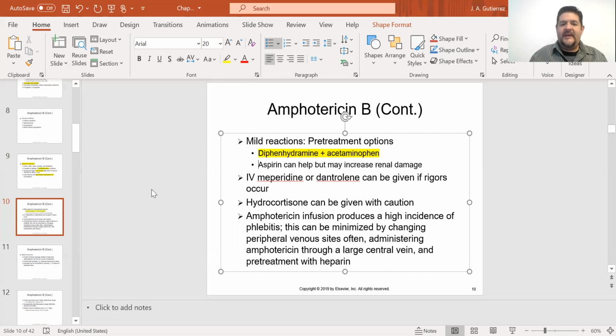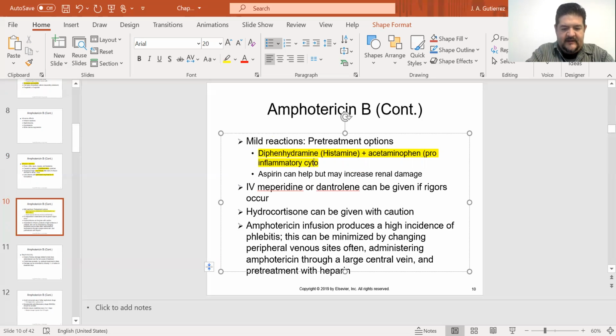And the most common combination is diphenhydramine, or Benadryl, plus acetaminophen. So diphenhydramine is gonna block the histamine release, and we're gonna prevent the vasodilation, the redness of the area, the flushing, the edema, and so on. And acetaminophen is gonna block all those